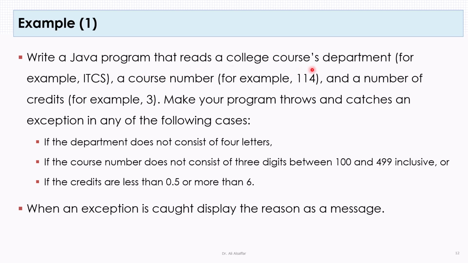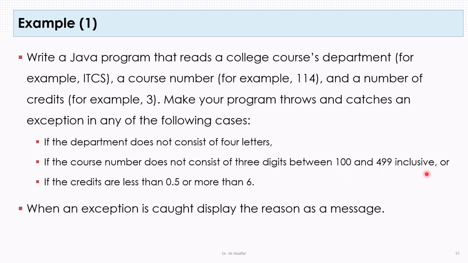...that reads a college course's department, for example ITCS, a course number, for example 114, and a number of credits, for example 3. Make your program throw and catch an exception in any of the following cases. The first case: if the department does not consist of exactly 4 letters, or if any of the letters is not exactly a letter. The second case: if the course number does not consist of 3 digits between 100 and